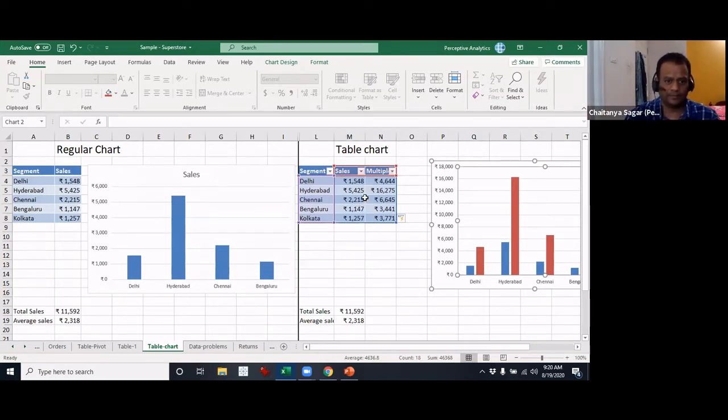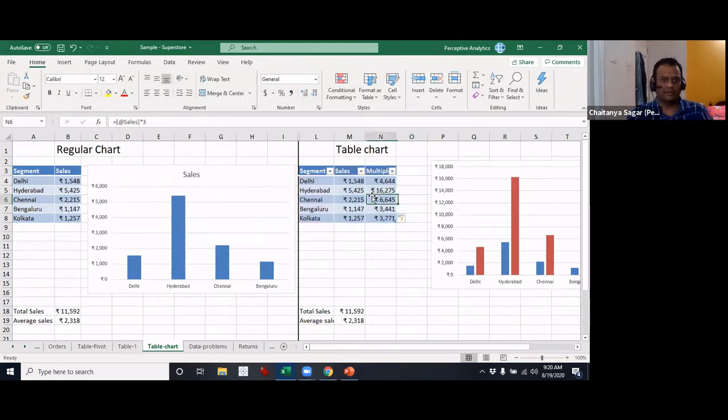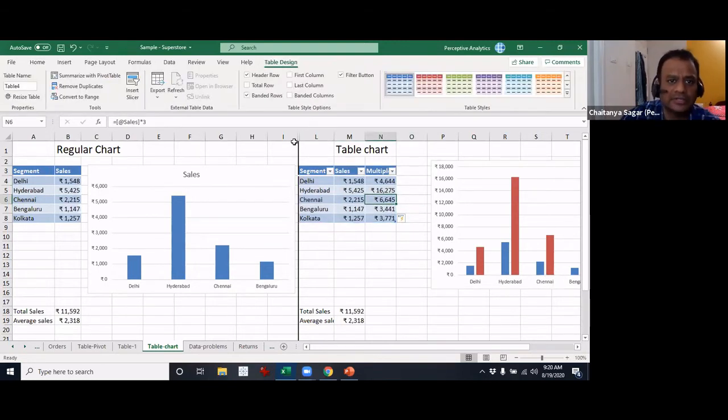Okay, let me just cover a couple of topics here and I'll come back to that part. Just staying with the tables here, there's a way for you to design this table. I think it's quite obvious, but I'll tell you. Sometimes this formatting itself is too much formatting for us here, right?